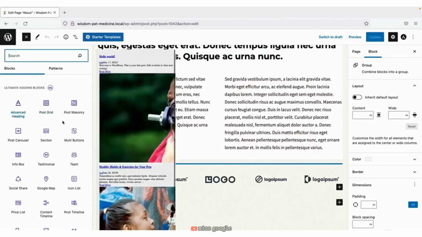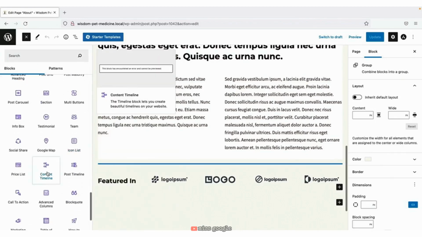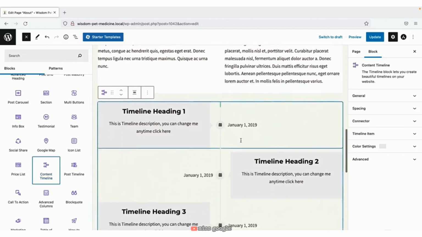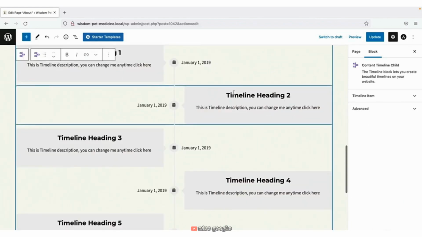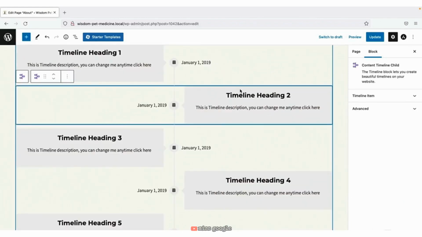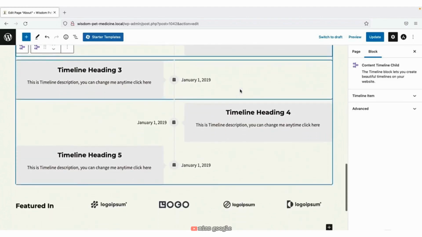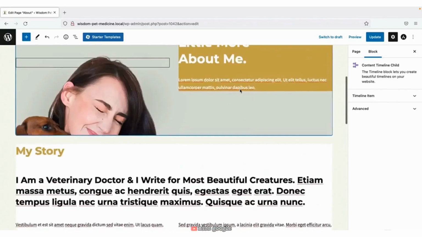Now, the block that I wanted to add for this page is the content timeline. I think this is pretty cool, especially for a small business. Of course, you can edit all of this text and all of the background colors, etc., just like you would any other block. There's one other thing that I want to show you that might come in handy on your